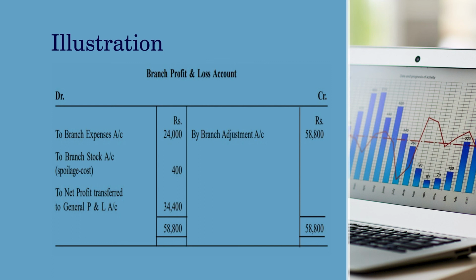So with this, I think students might now be very clear how to prepare the branch account under the different methods. There were 3 methods under this: branch stock account, branch debtors account, branch expenses account, branch cash account, goods sent to branch, branch fixed asset account. So with this, students might be very, very clear how to prepare the books of accounts when the final account system is given under branch accounts.